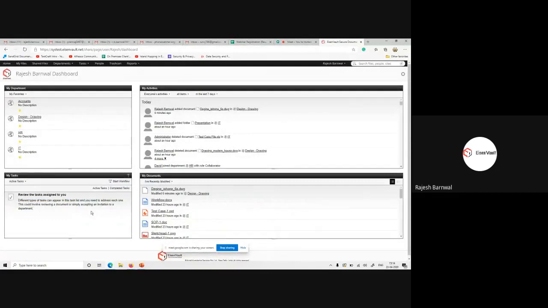So the next is multiple review. So multiple reviewer and single reviewer are very similar. The only difference is instead of assigning to one approver, you can assign to multiple. Okay. So with percentage. So suppose if you add three members for approval, and you set a percentage of 50%, then at least two must approve that document. Then a document will be approved. So I'll show you how it is.